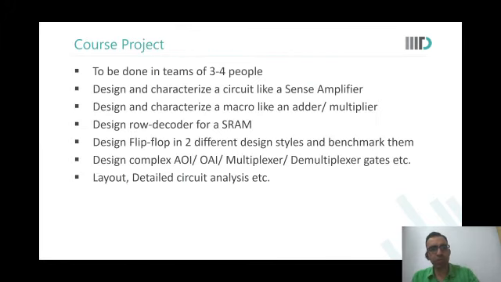That much for the process variations today. Let's come to course projects. I know all of you have too many questions about the course projects, so let me just give you a quick overview first. The projects are to be done in teams of 3 to 4 people. Best is if you are 3 people. If you are 4 people, we will redefine the scope of the project so that it is appropriate for 4 people.